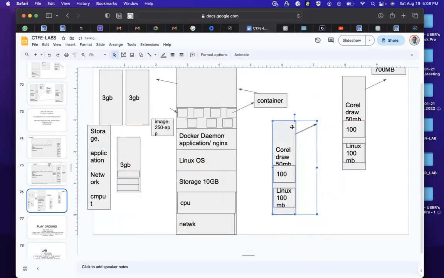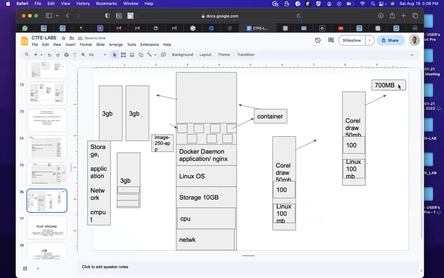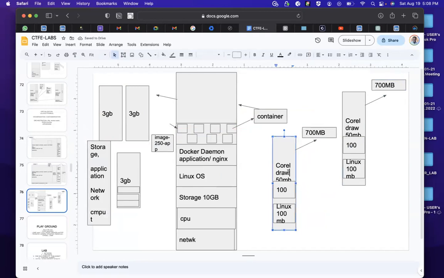Now, this is 700 megabytes. This is another 700 megabytes. For example, this one is no longer Microsoft Word, it's CorelDRAW, because you cannot install 2 CorelDRAW in the same application unless you have different versions of CorelDRAW. Sometimes, if you even install a different version, it will update the former one to only have one. So if the CorelDRAW crashes, the application is gone. So, for example, maybe you say MS Word, any text editing software. So at the end of the day, you will realize that you will have